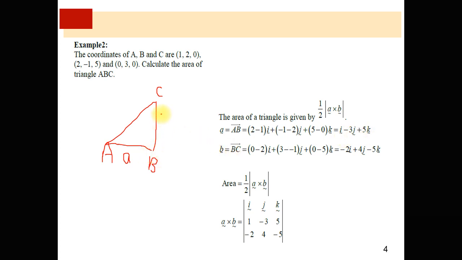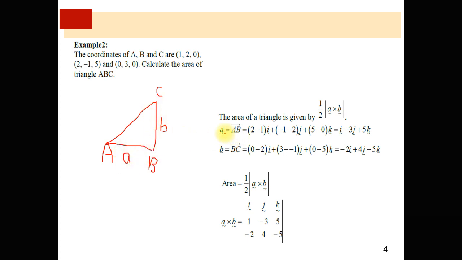Now find vector b. First of all, find any 2 adjacent vectors, because the area of the triangle is equal to the magnitude of the cross product of any 2 adjacent sides of the triangle divided by 2. So first of all, find 2 adjacent vectors. In this question, points are given, vectors are not given. So first of all, find the vectors determined by 2 points. Suppose vector AB represents small a, and vector BC represents small b.